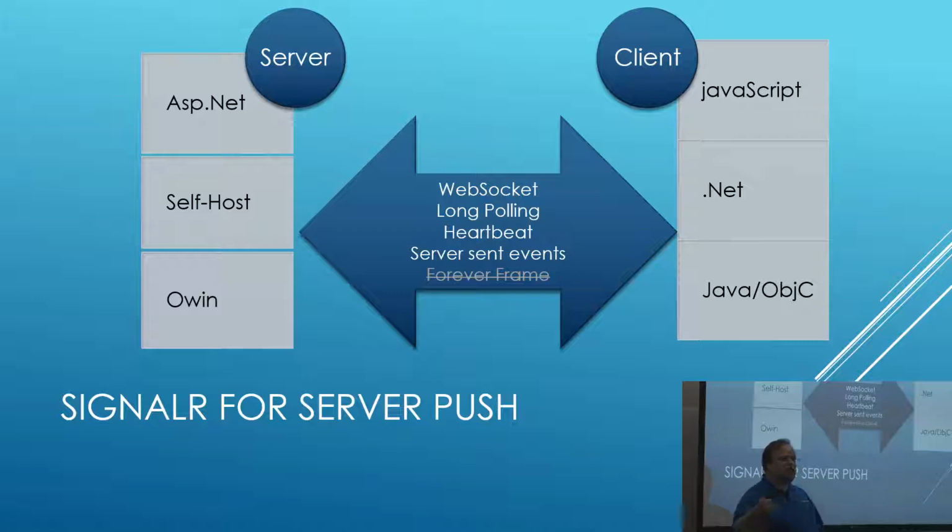What's long polling? Long polling is I issue a request, and I keep that request open until it gives me a response. As soon as it receives a response, I immediately turn around and issue another request. Okay? And so it's that turnaround and re-request that's probably going to be happening. For example, if you have a version of IIS 7, it's going to be doing long polling. Watch out, though, with long polling, you're going to find that your server memory is going to shoot up because you're going to have a lot more connections hitting in there rather than a single connection that's going to stay established and keep going,